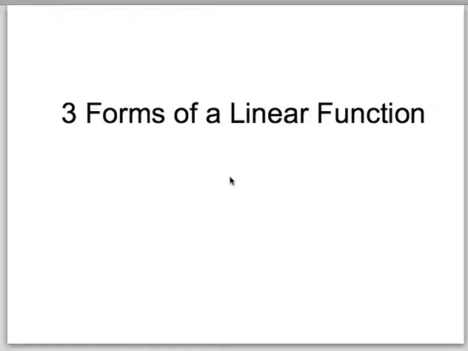This is Miss Lawrence, and today we are going to learn about 3 forms of linear functions. This is video 1 in 3 videos, and today we're going to talk about the 3 different forms and more specifically slope-intercept form. What I would like you to do first is to go into your notes to the KWL